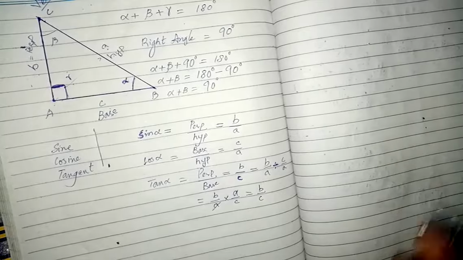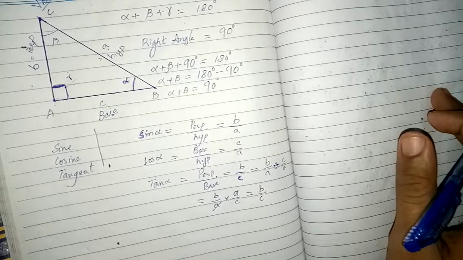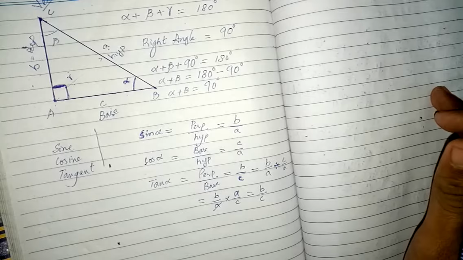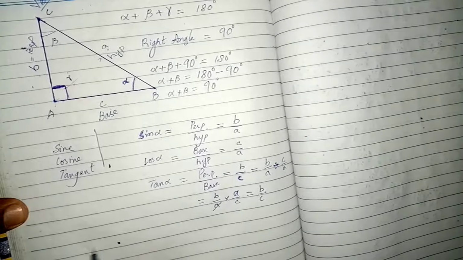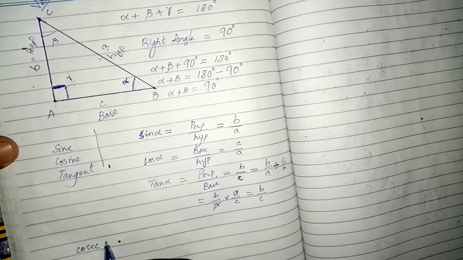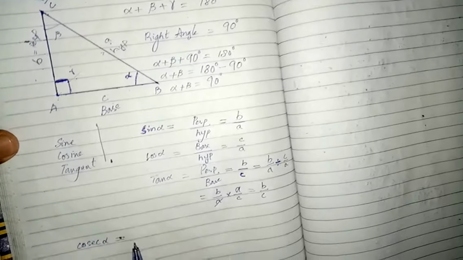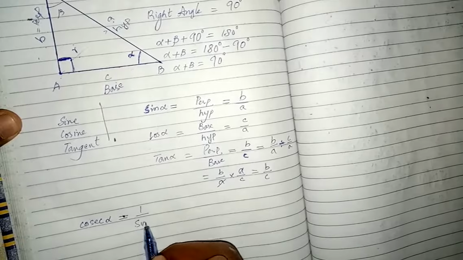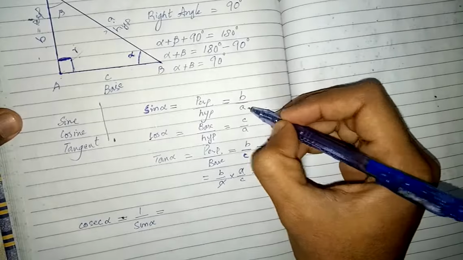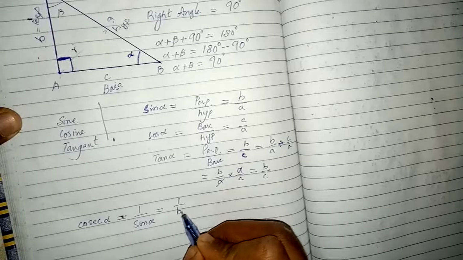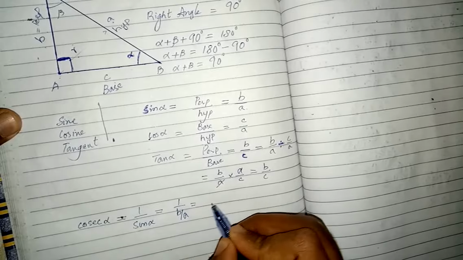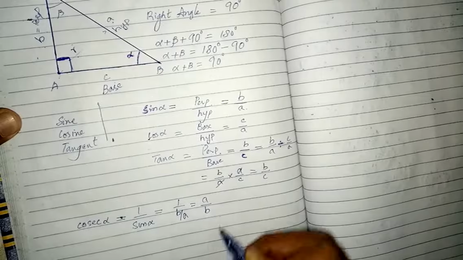So these are the basic three trigonometric ratios. There are other three trigonometric ratios which are the inverse of these basic trigonometric ratios. For example, there is a cosec. If I take the angle alpha, then cosec will always be 1 over sine alpha. We have already discussed what sine is. Sine is B upon A. Then it is 1 over B upon A. Here A is divided by B, so it will multiply with 1. Then it will become A over B, which is